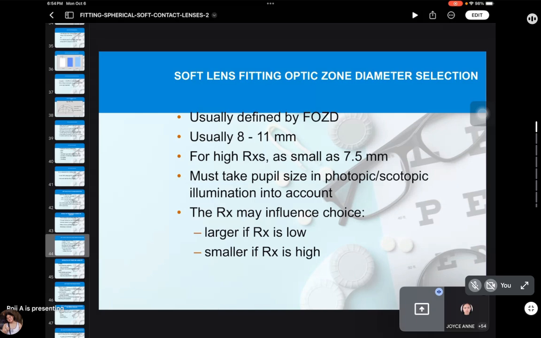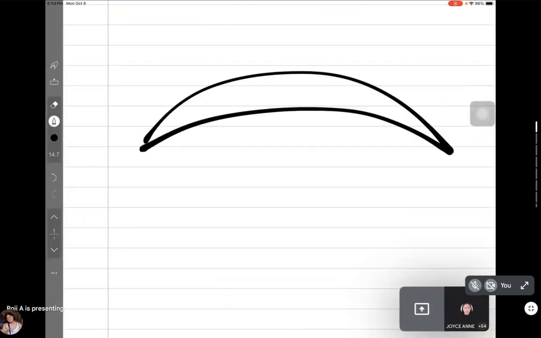Okay. The Rx may influence choice, larger if Rx is low, smaller if Rx is high. Which one is high? The optic zone diameter. Is the optic zone diameter equal to your OAD? No, Doc. If it is a monocurve, the answer is yes. Okay? Because in a monocurve, your base curve and your peripheral curve is one. But